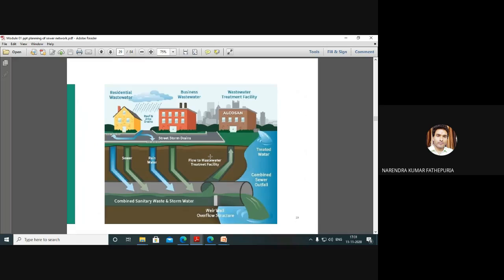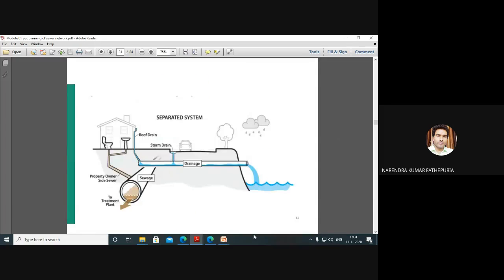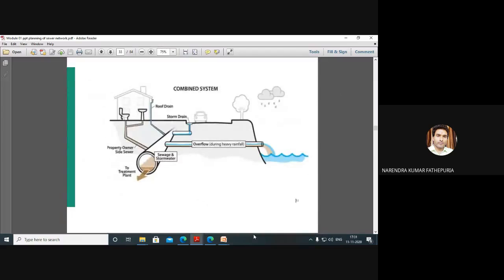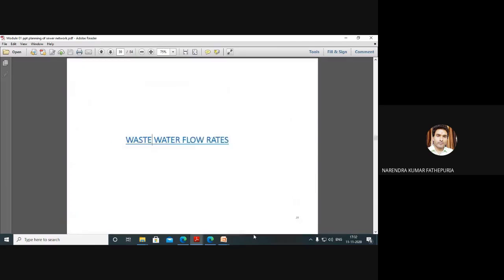So both will be included. This is the typical layout of how things happen. Combined sanitary wastewater and stormwater are included, and finally it goes for treatment and disposal. These are the advantages of it that we have studied. Partially separate and